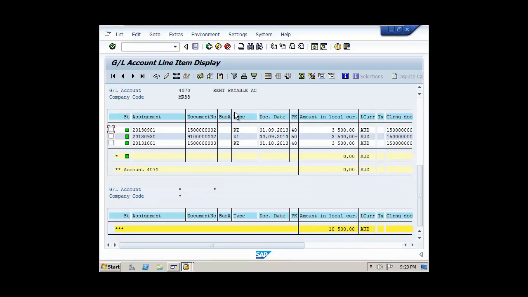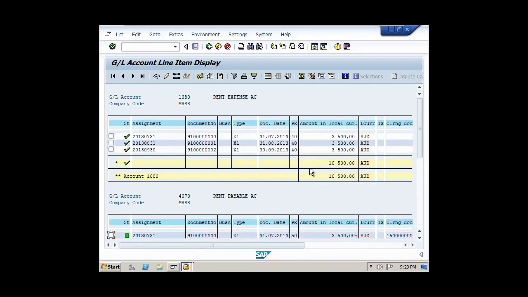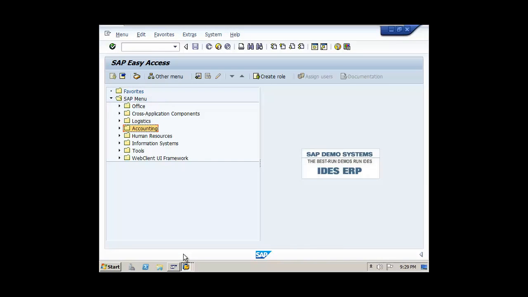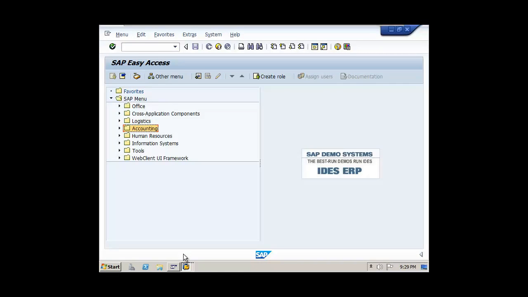So overall I have paid 10,500. Yes, I've exactly paid 10,500 rent. So that makes sense, kind of. And good news is that it brings us to the end of this lecture. We will now discuss dunning, cash journal, and then we will discuss how to do financial reports, and then how to close our financial year, carry forward our balances, and how to close if you don't want to close a year, but you want to close only a period. So we will discuss